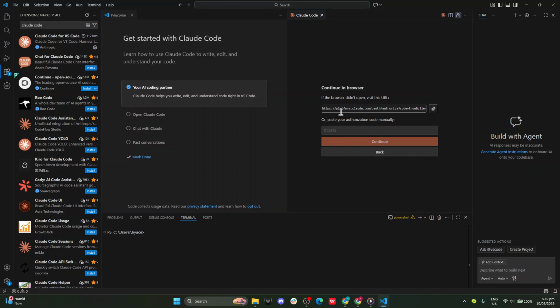Build the image by running docker build -t claude-code. The build may take a few minutes as it